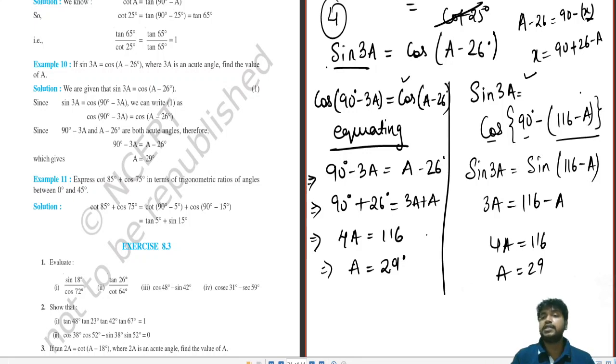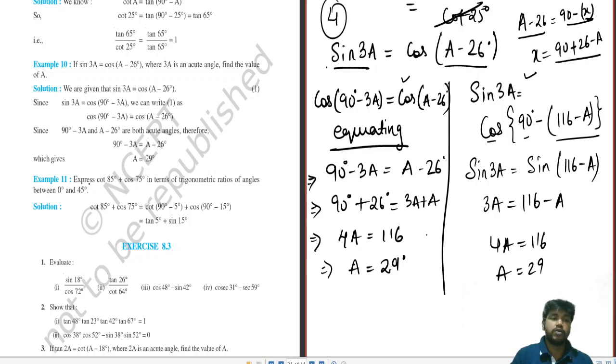So you can't take it directly, that is why I have to take it like this: 90 minus (116 minus a). We have to keep cos a the same as given, and we have to convert it into the form of 90 minus theta. So we have to calculate what theta is. We have to do it in this way. There is no other way for it. So taking an easy way or a difficult way is all up to the student. But at the time of learning, you should know both ways, so that you are well prepared. How you are preparing yourself is the most important thing.